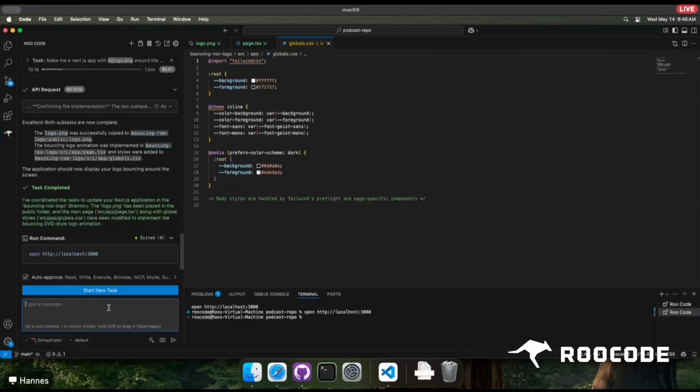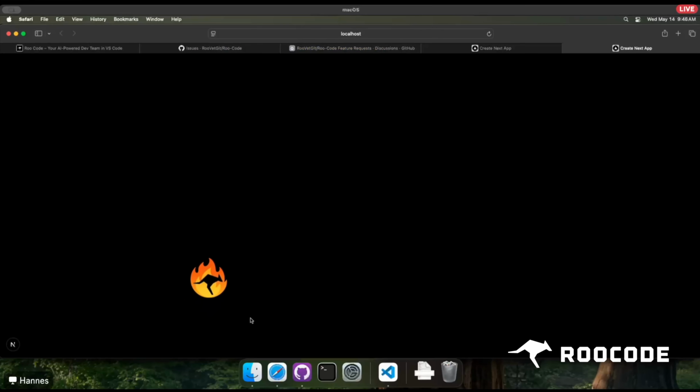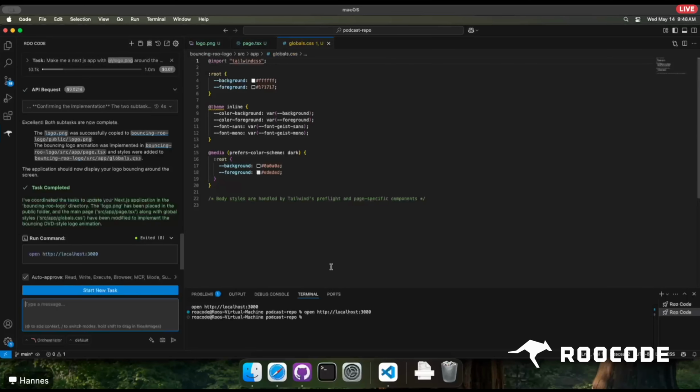Yes. Okay, so what should I add to this? Make it a cube. Make it a 3D cube. This is just a PNG now. Particles every time it bounces. Okay, I'm going to take that and